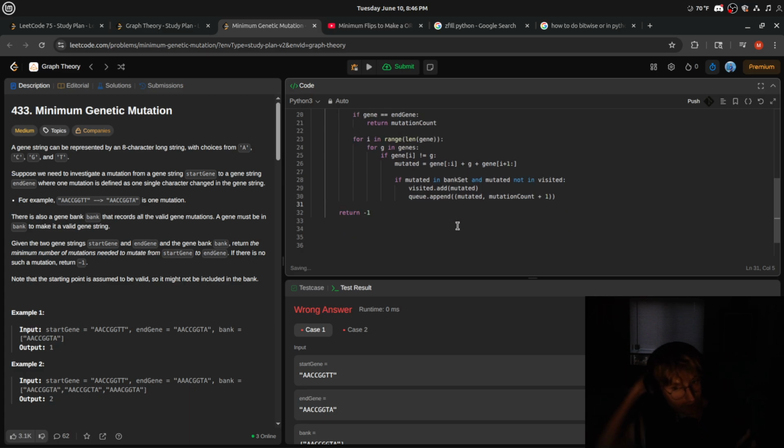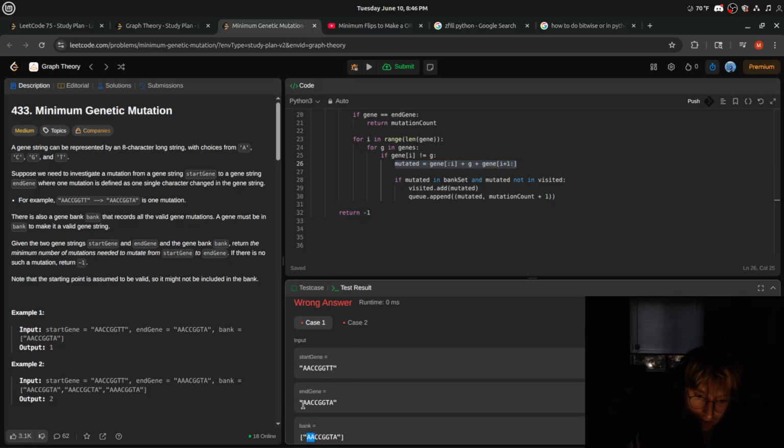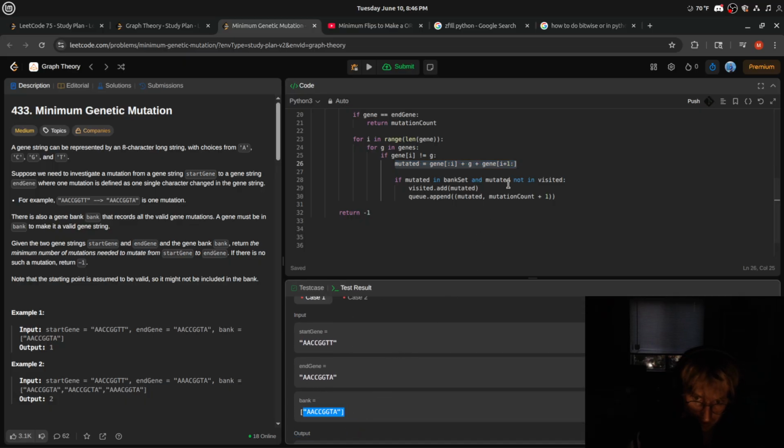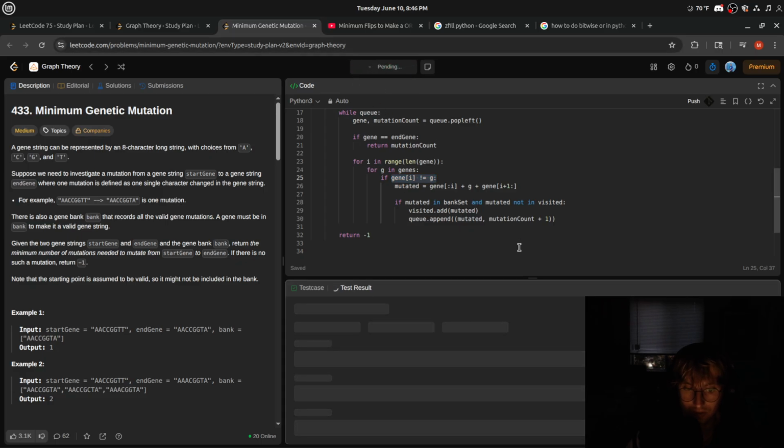Okay, let's go through this again. So I think this is actually creating the gene, right? This is actually creating the gene that we're going to check inside our set, right? Which is technically our bank here. We make the change, so we see that something does not equal, right? If gene I does not equal G,